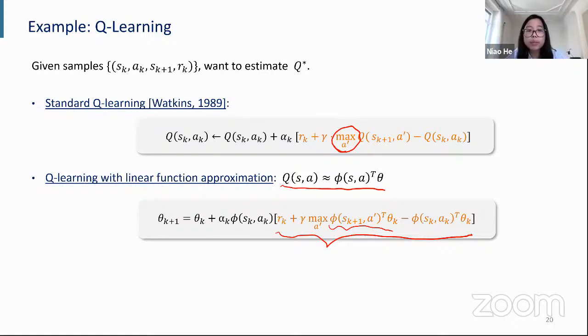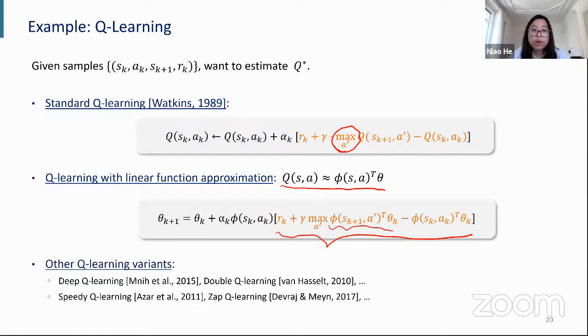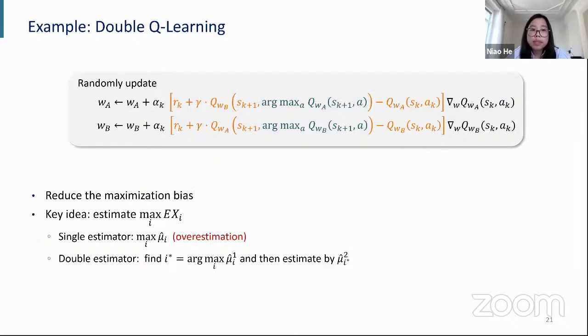Think about the case where your true value function is actually 0, your reward is 0. This estimator can oftentimes be very noisy, so it could be both positive and negative. And when you take the maximum, it will always favor those actions that give you a positive and noisy estimate. So in order to deal with this maximization bias, the idea of double Q-learning is really